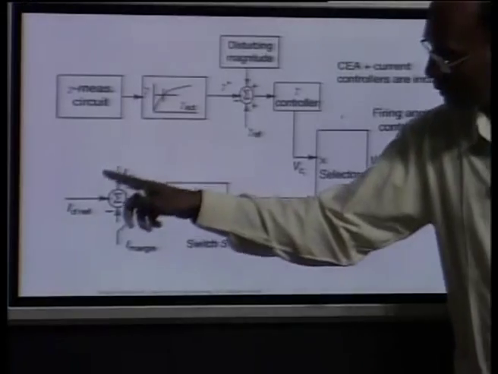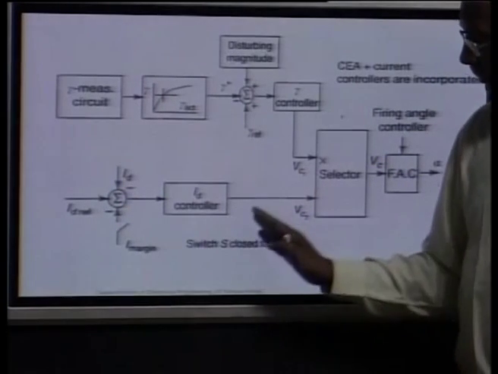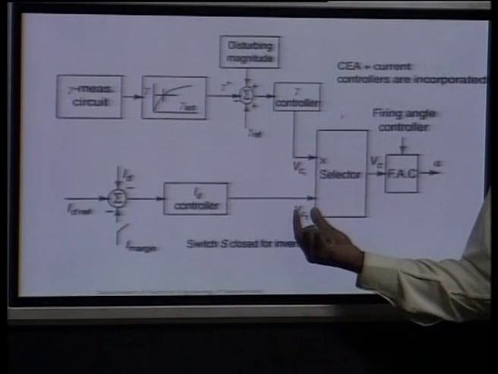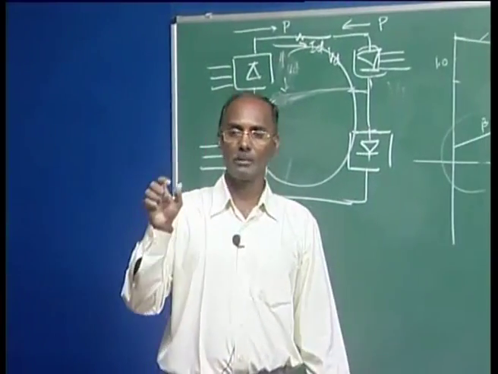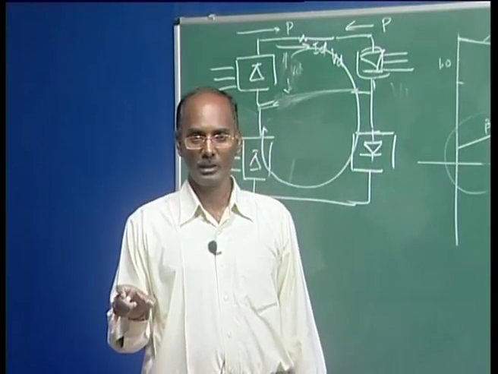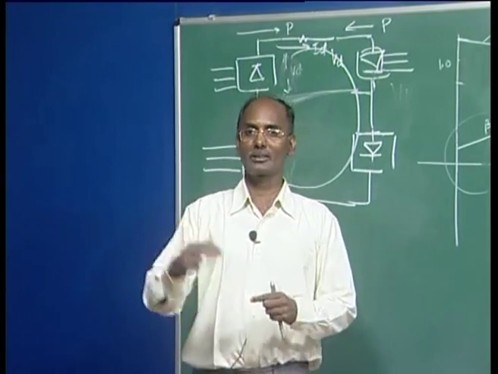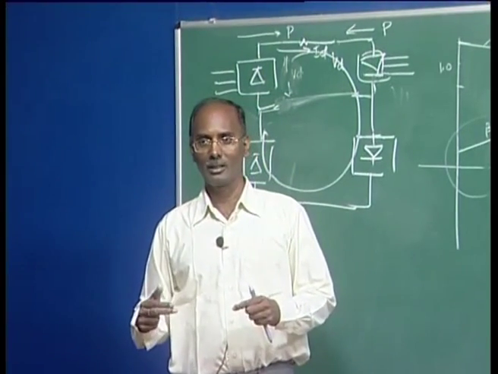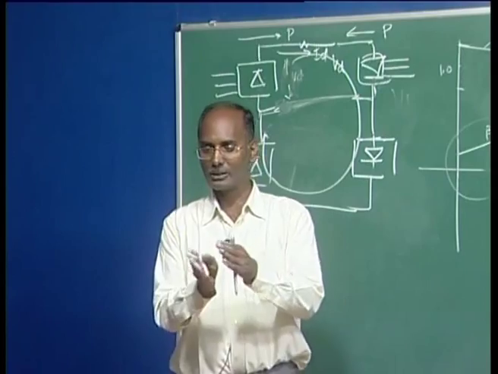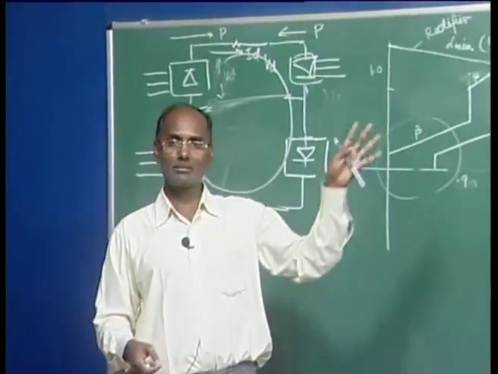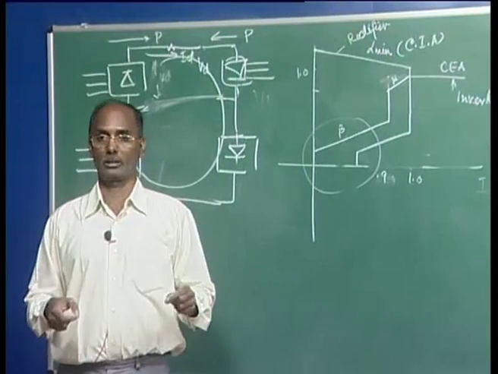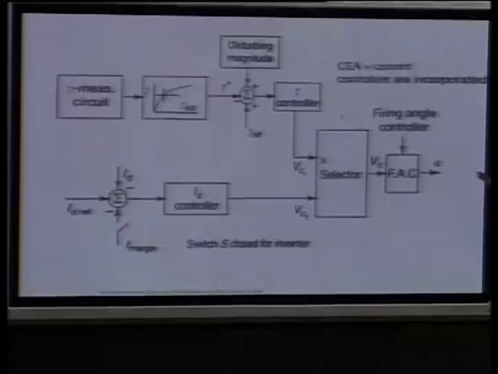But whenever there is a mismatch here, some voltage will be generated, and this voltage is given to an oscillator circuit. This oscillator circuit generates the 6 pulses, again with 60 degree delays, and they are given to the 6 valves of the 6 pulse converter circuit. So that alpha here is called firing angle control.